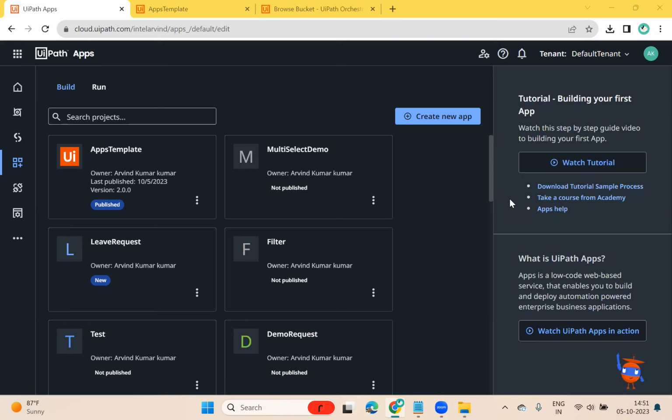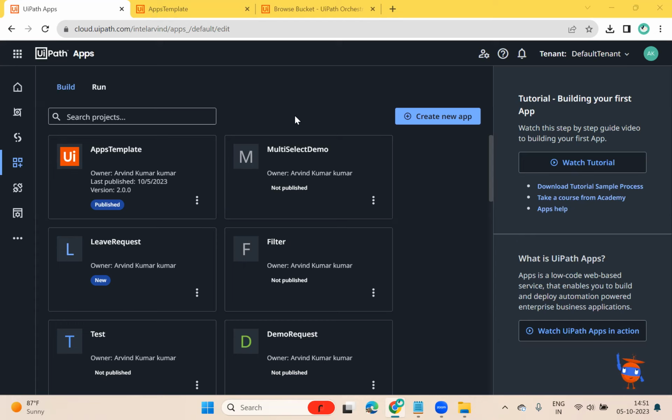Today I'm going to present an apps template. Being an apps developer, it's always a kind of challenge: how to start, where to start. Do we have any template that we can reuse to have a basic design of my homepage and things like that in apps? Being a low code expert, the question always comes up: do we have any template where we can start the work? So I have come up with an apps template, and this apps template will help anyone